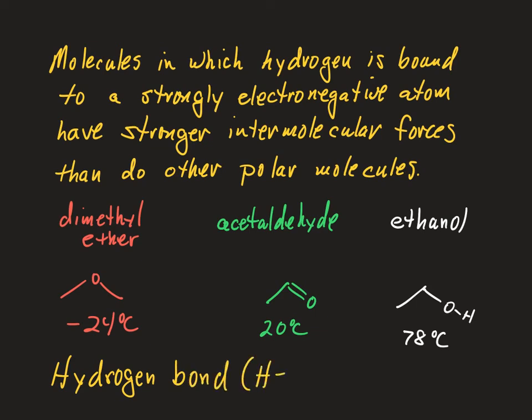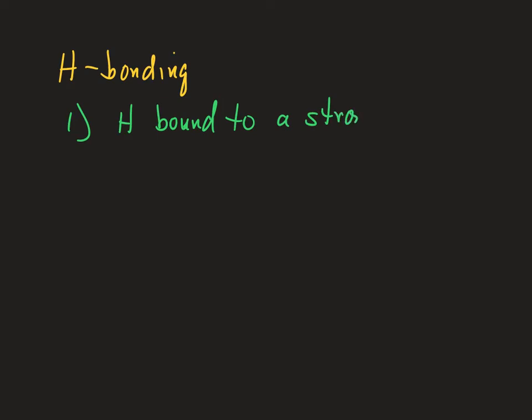Right, sometimes abbreviated H bond, right, that was discussed in different contexts by different chemists between about 1912 and about 1920, right? So in order to get hydrogen bonding, right, you need, one, a hydrogen bound to a strongly electronegative